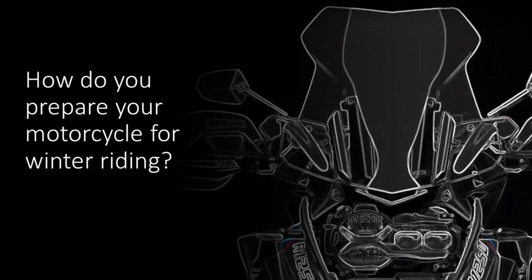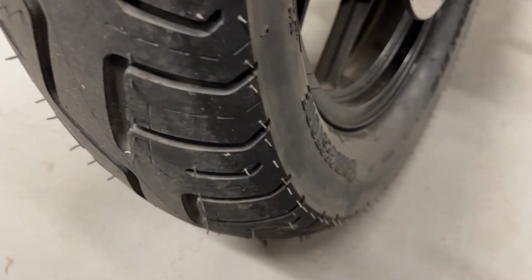I mean, it's not a tyre, it's a bloody hedgehog. Front's worse,